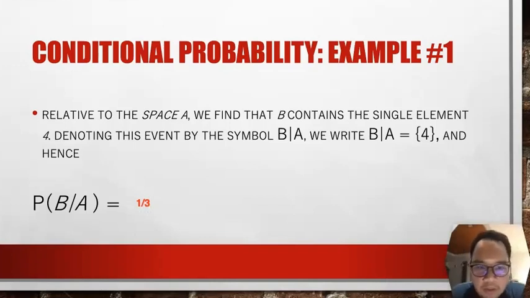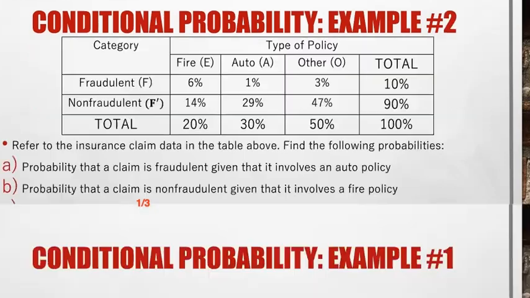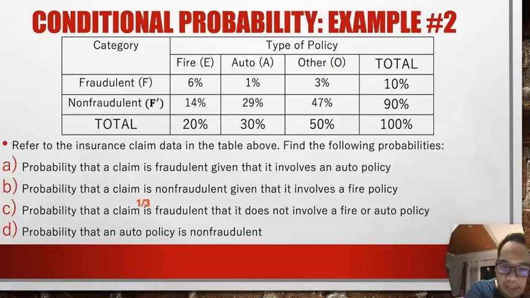So we'll continue in this manner. Let's go back to this example here, and I'll try to answer some problems. Let me clear this up. Problems regarding conditional probability, and usually the problems that conditional probability is part of, can be written in a table like this, which makes the visuals pretty much easier compared